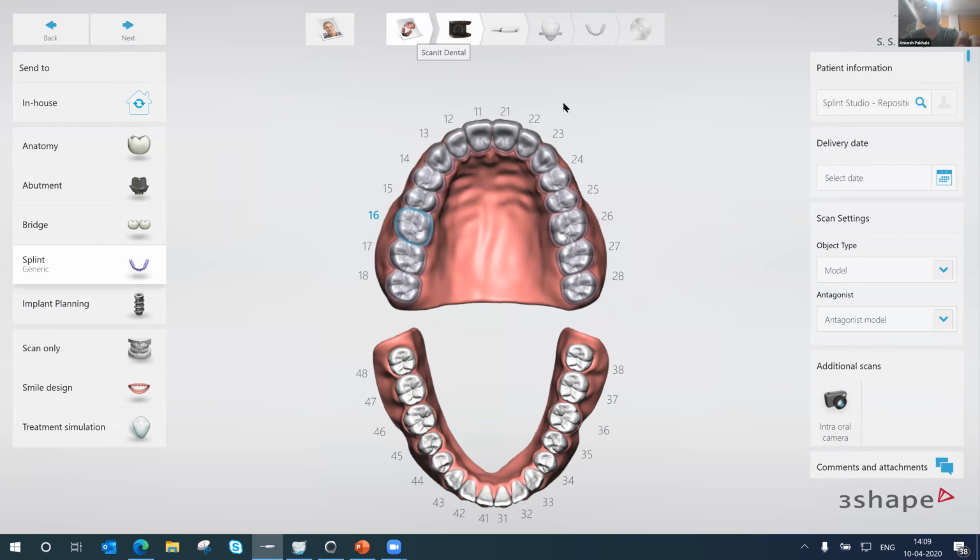And you can see over here now, scanning dental. Also, you can see over here the object type. So you can select object type model and antagonist model to scan. And then you can simply click and directly go ahead and scan it. So this is how you can check the settings in your system, whether you have set it as a dental lab or a clinic. But even if you're a clinic, you can immediately scan it over here, what you can see on the